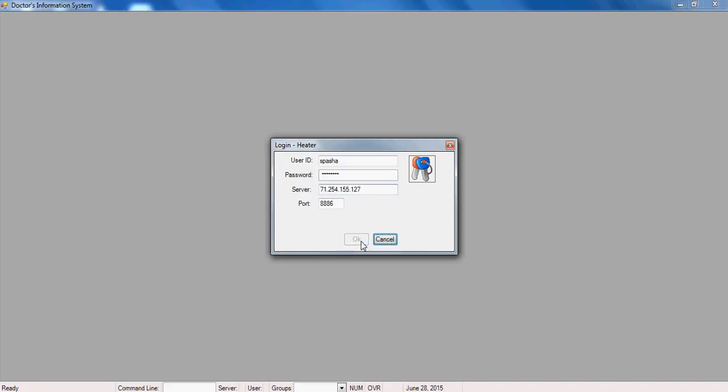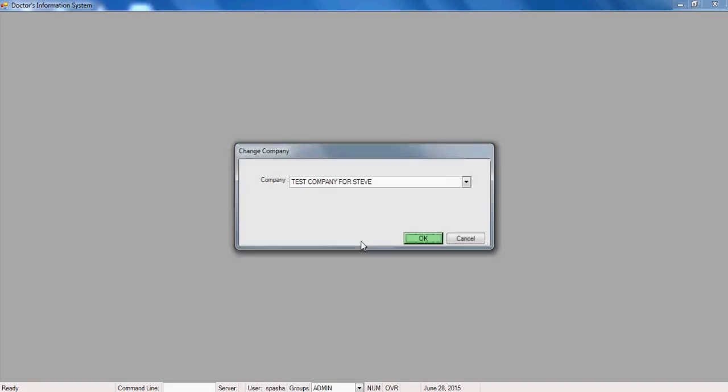So I'm going to hit OK, and what's going to happen is it's going to log me in, and it successfully logged me in. And at this stage, I have the ability to select the company that I want to log into. So if you have multiple companies, you should be able to drop down this box, and you should see the different companies that you can log into. But for now, we're just going to go into the test company that I have on this system. So I'm going to click on OK,